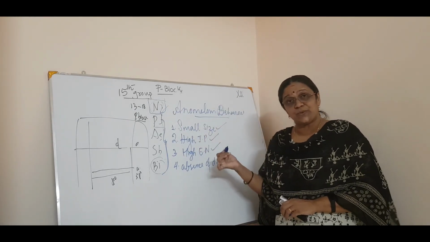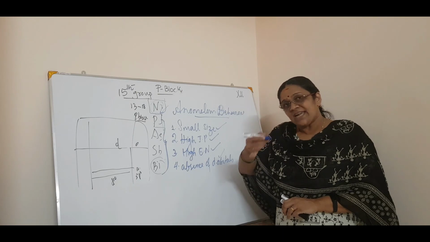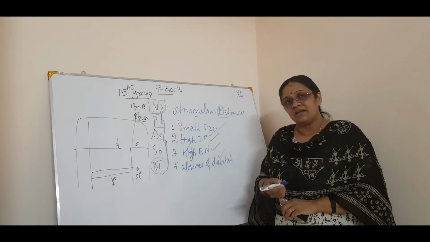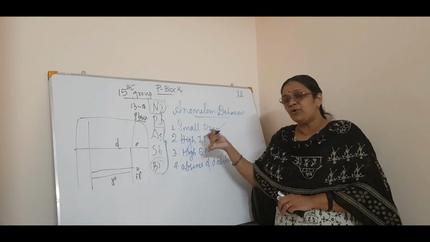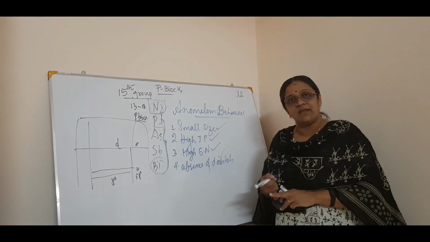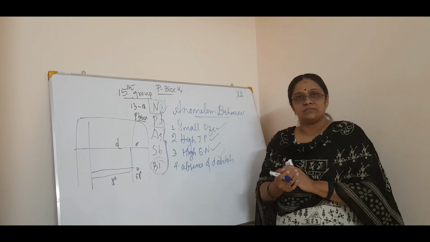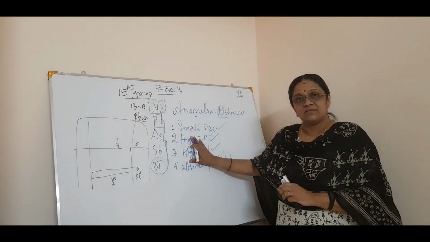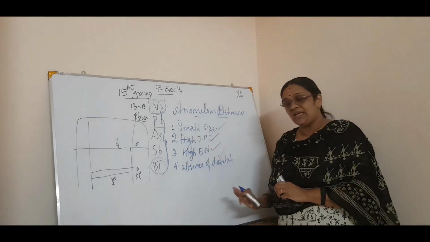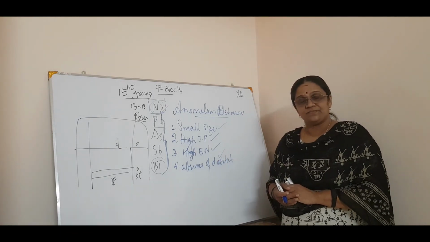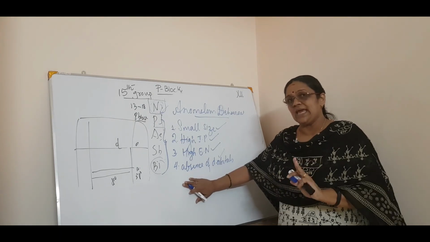Questions are asked. Last year also the question was asked for fluorine. What is the anomalous behavior of fluorine? So whenever a question connected with fluorine comes, you can have that point. Normally it may be due to the small size, or a combination of all these, that will be the anomalous behavior of the first element in every group. So you have to study all the 4 points: small size, high IP, high electronegativity, and absence of d orbitals. This is the basic or normal difference for any element.